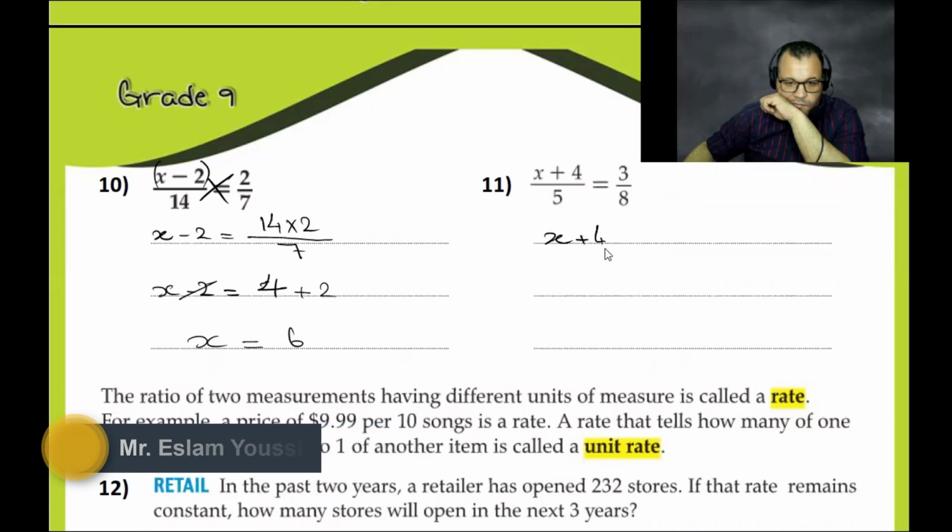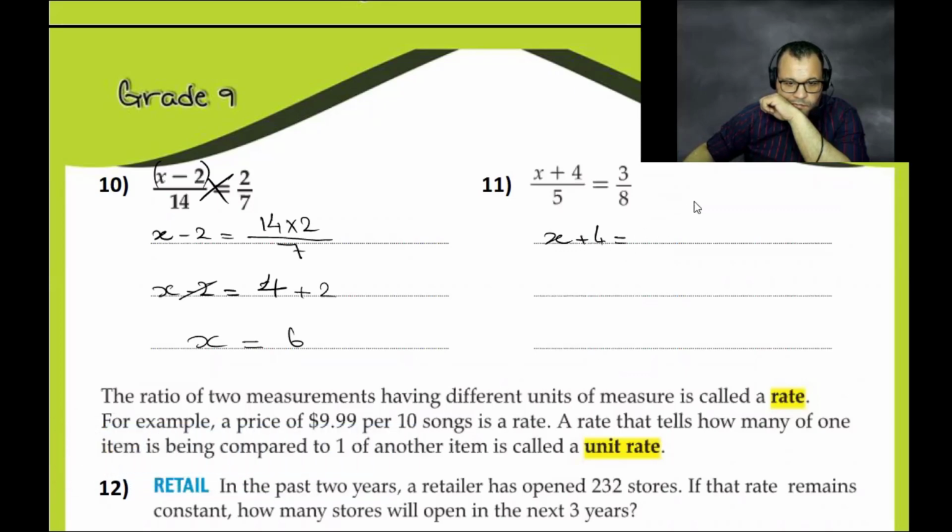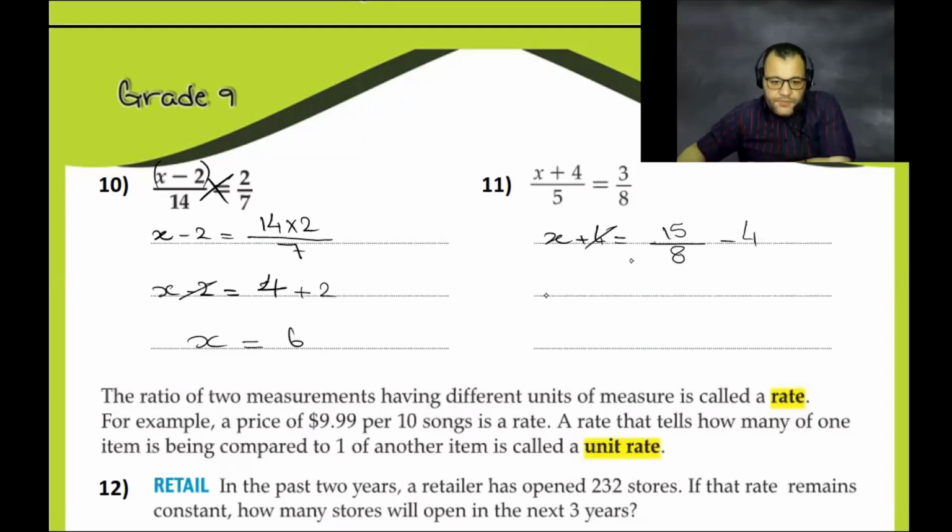So there are two ways. One of the ways: 3 over 8 multiplied by 5, which will be 15 over 8. Yes. So 3 times 5 over 8, which is 15 over 8. Can you solve this one without using a calculator? Okay, then x equals 15 over 8 minus 4. So we'll subtract 4. How do you subtract that without using a calculator?